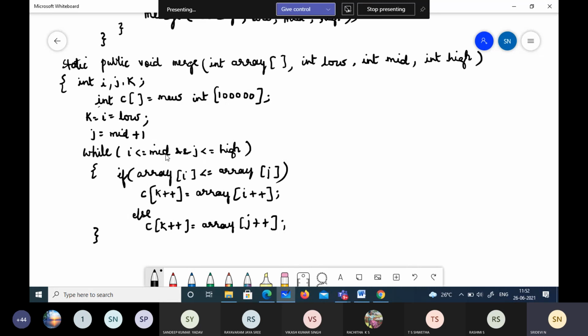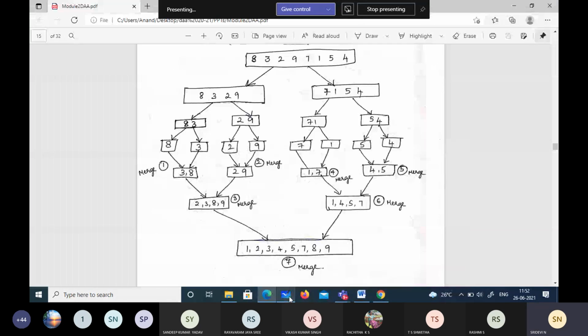When i is equal to mid, the first half is exhausted. When j is equal to high, the second half is exhausted. Then we compare the elements. If A of i is smaller, I'll put that into the C array and the index will be incremented to point to the next. Otherwise, j will be placed in the C array and accordingly the index will be incremented because we have to move it, isn't it? So how long does this happen? Until there are elements in both. Right? Recalling whatever was taught.